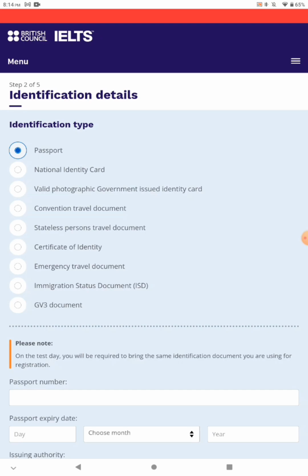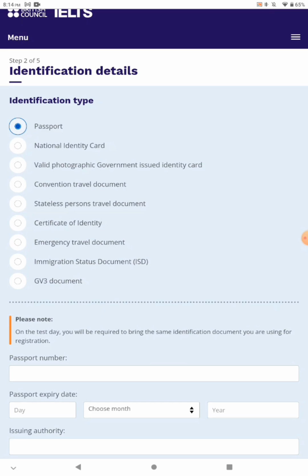Now there are identification types. If you have a passport, you have to click on the passport. Otherwise, you can go with the national ID card, a valid photographic government issued identity card. Then the fourth option is convention travel document. The fifth one, stateless person's travel document, certificate of identity if any, emergency travel document, immigration status document, and GV3 document. But most of the time, if you are from Pakistan, you would have a passport or a national ID